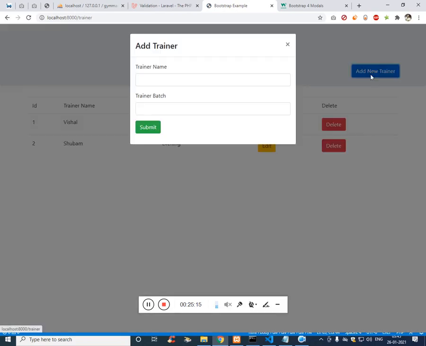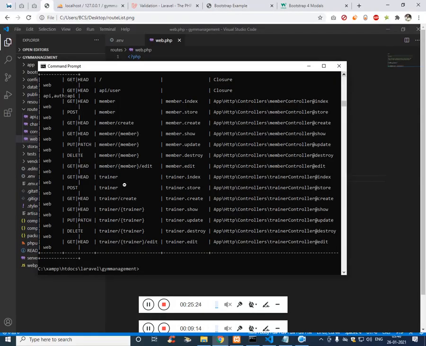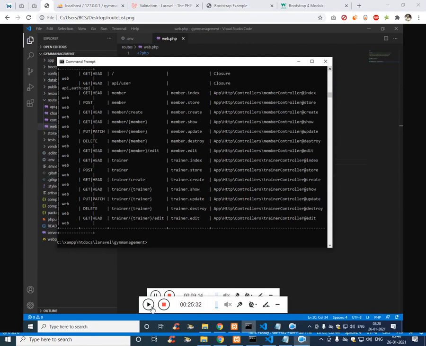Now let's work on the adding. So here when I submit, we should get into the store. When I submit, I want the data to be sent to the URL called trainer with the method post.